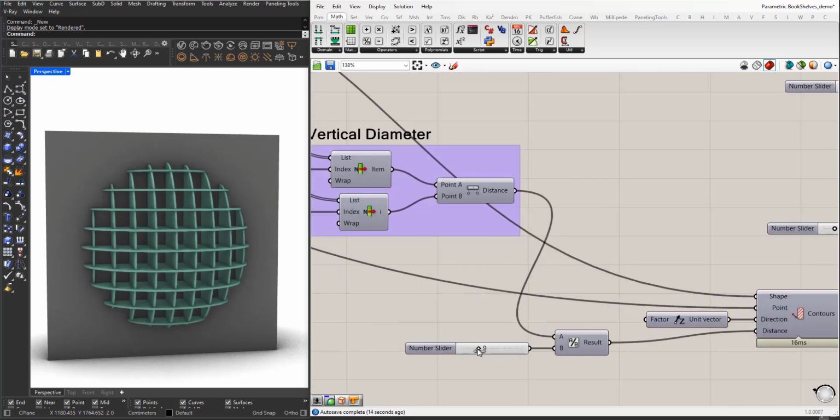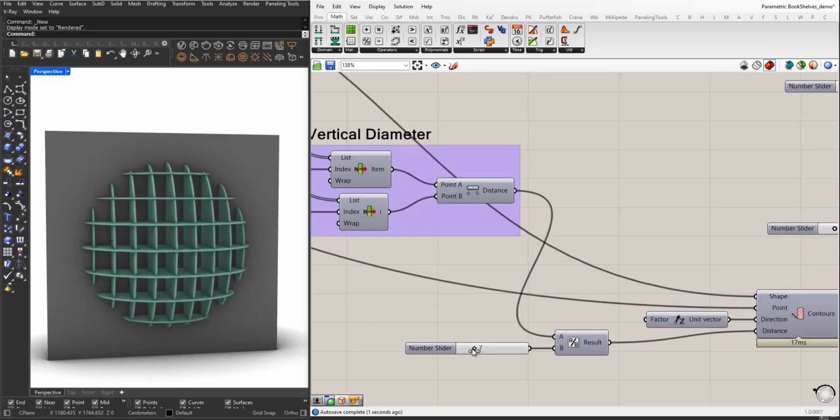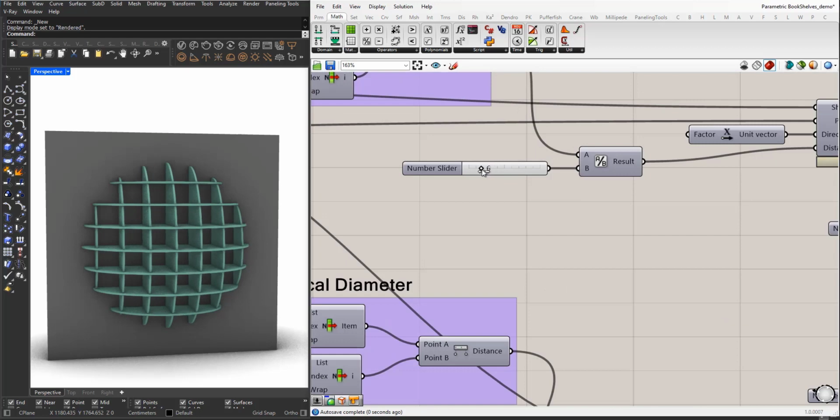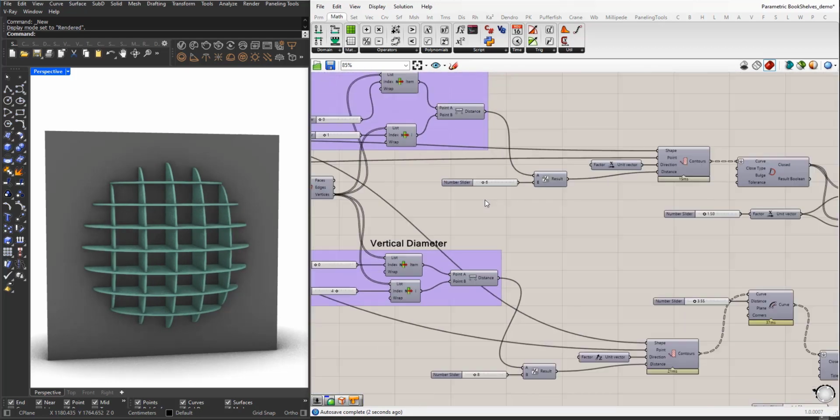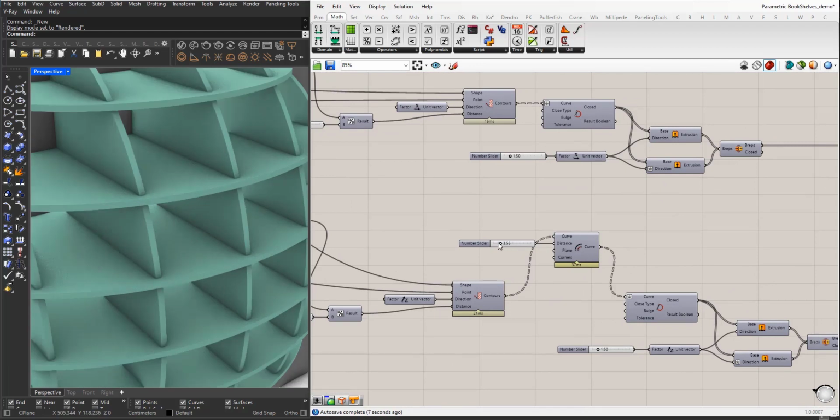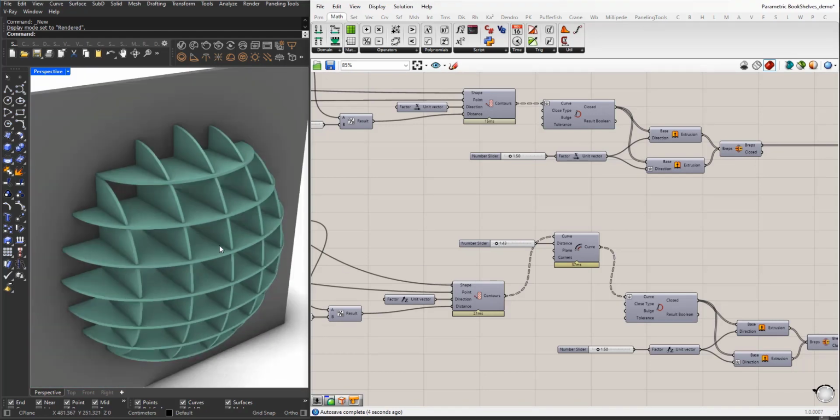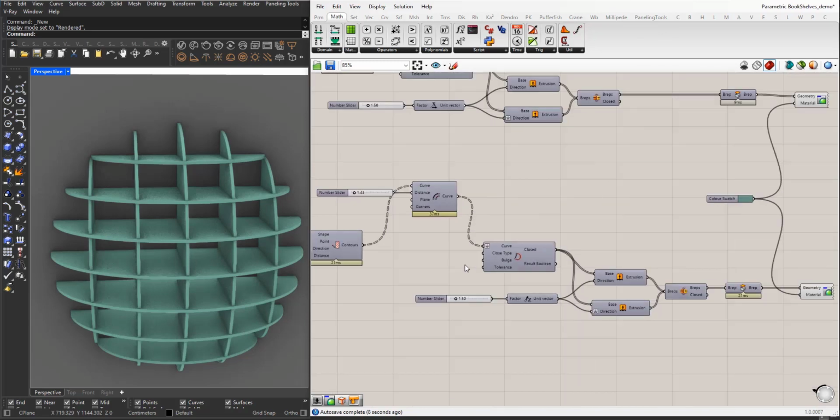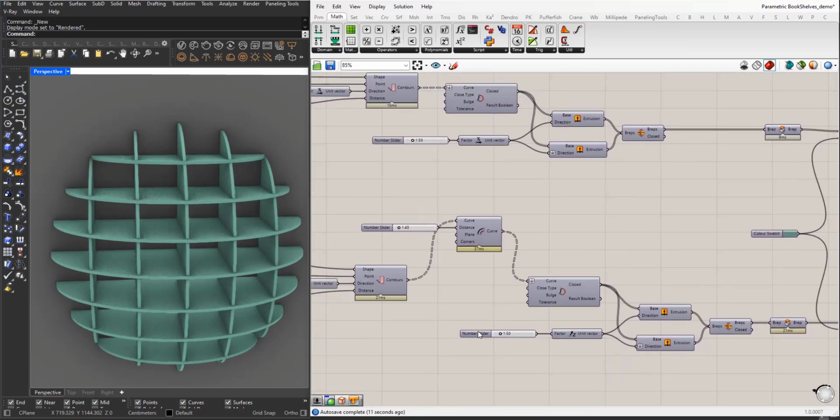I can decide the number of shelves in the vertical direction and in the horizontal direction. I can play with this offset here. I can also play with the thickness. Now I can choose the same number here for both thicknesses because, you know,